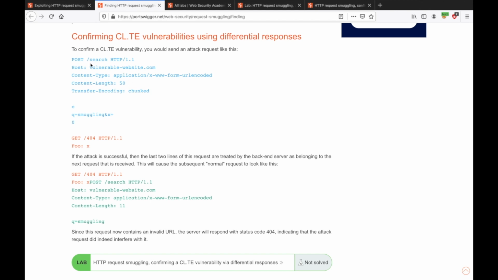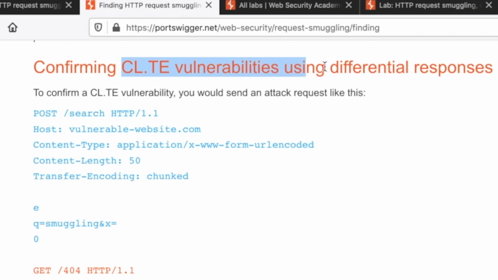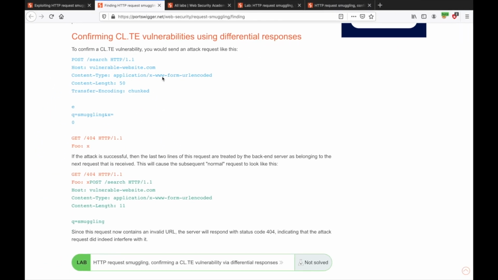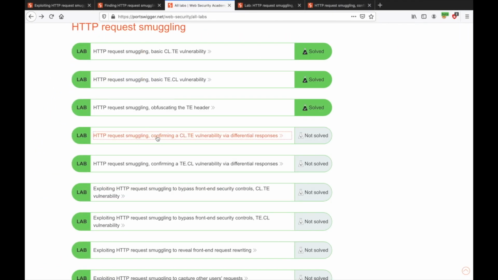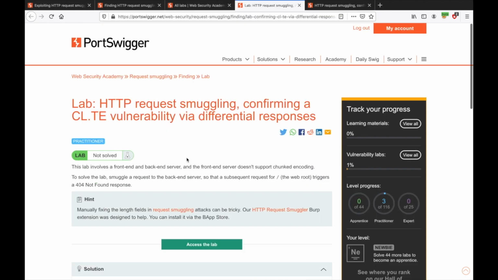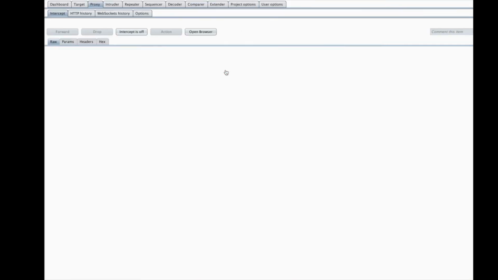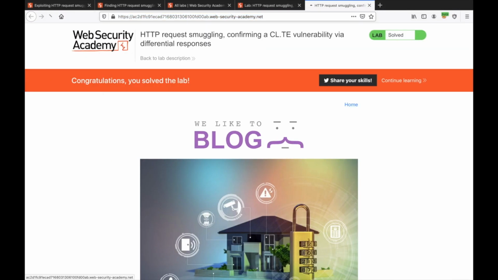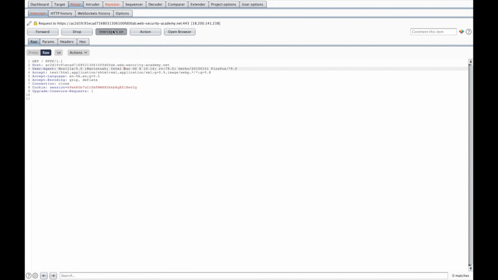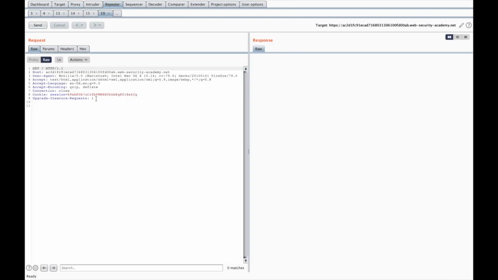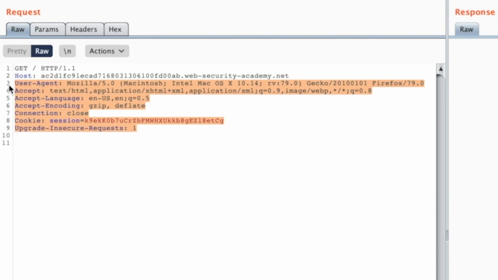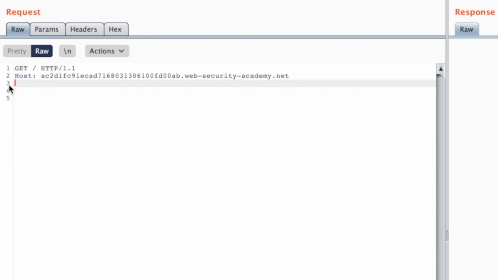In this video, we will see how to exploit HTTP request smuggling vulnerability for CL.TE using differential responses. So I'm using PortSwigger's labs, and for the example, I already fired it up, and this is the vulnerable website. So I'm going to intercept on, send a request, send this to repeater, intercept off again. I'm going to repeater back. So we don't need any of these HTTP headers. I'm deleting them. As you remember, there are 3 headers that we are dealing with: content type,